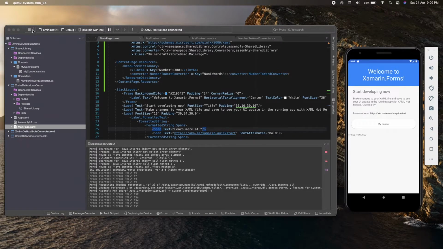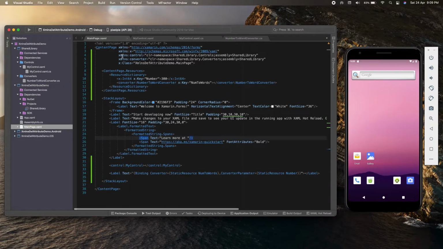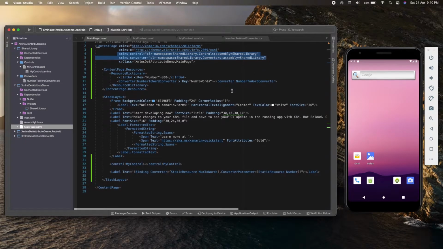So it's working properly. Now the problem is, here we need to add two separate namespaces, one for the control and one for the converter. Imagine in a real application, the library may be containing different behaviors, collections, effects, utilities. Then if we need to use those in XAML, we need to add a namespace for each and every part. So it will grow the number of XAML namespaces in our XAML page. To fix this problem, we can use the XAML definition attribute. So let's see how to use that one.